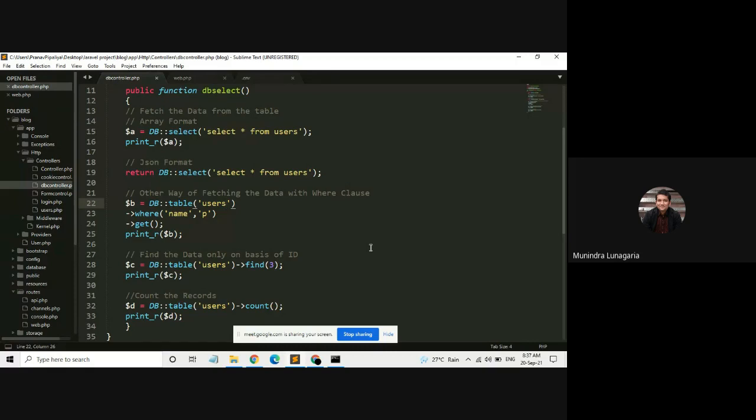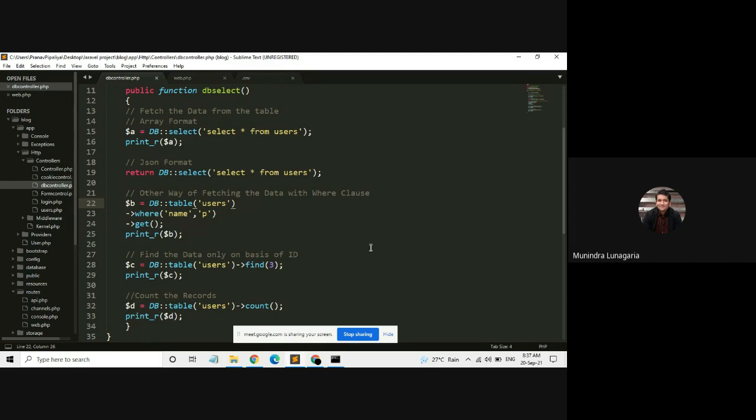After that, we created one controller known as the DB control, and we wrote a function in that controller, public function DB select, in which we performed the select operation on a particular table, like $A is equals to DB select star from users, and we're going to print the data.